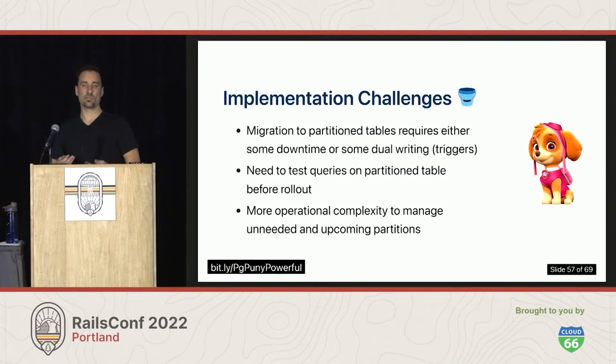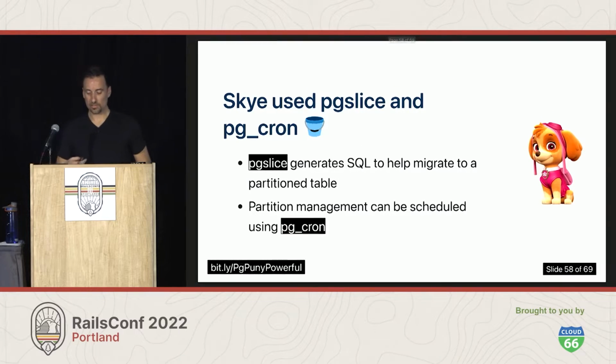So you have a dependency now on a process that does that. But Sky implements partitioning for PubTracker. She uses pgslice, which is another Ruby gem. It helps generate SQL commands to take an unpartitioned table to a partitioned table, and she's able to schedule that